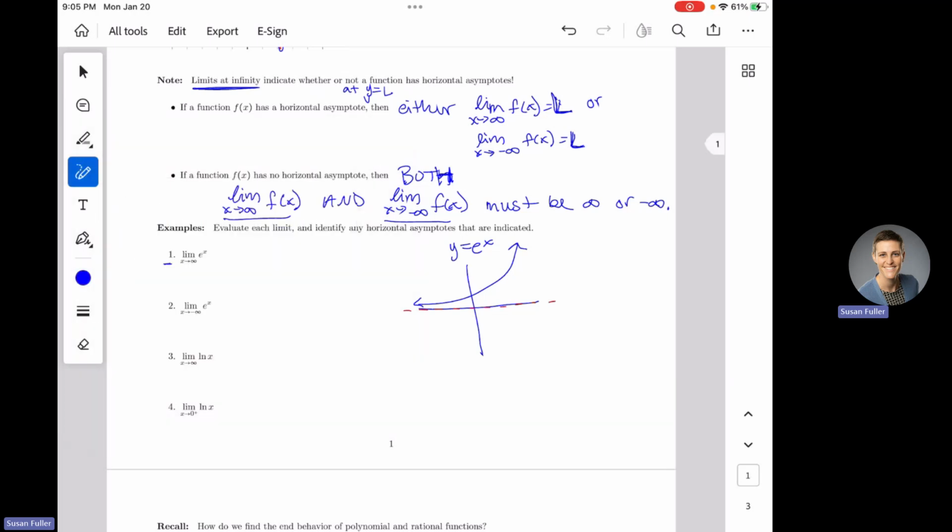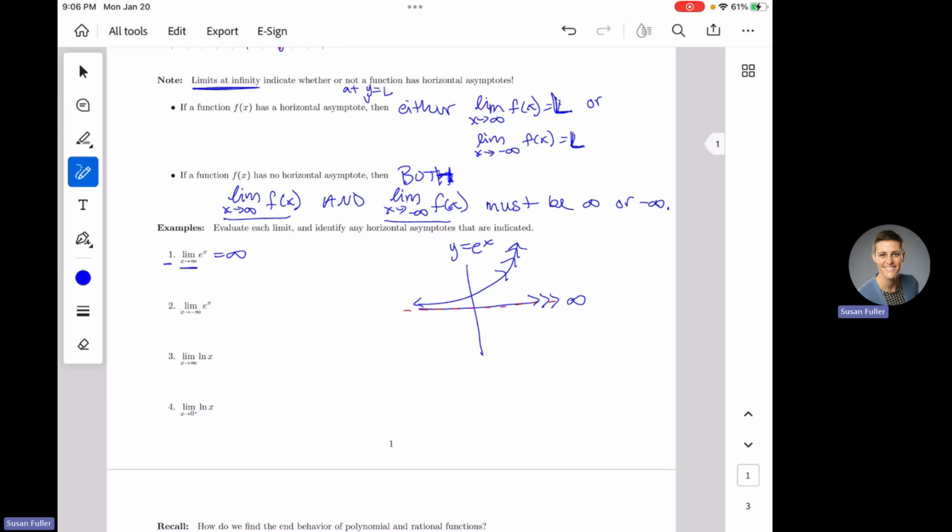So this says the limit as x approaches infinity of this function. Okay, x is approaching positive infinity. Positive infinity is over here, so we are headed to the right. What's the limit as x approaches positive infinity? As we trace this graph to the right, where's y headed? As we follow this thing all the way to the right. Yep, it's heading toward infinity. Well, since that was infinity, it's not a number, so that does not indicate a horizontal asymptote for me.